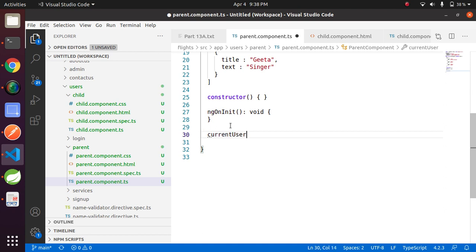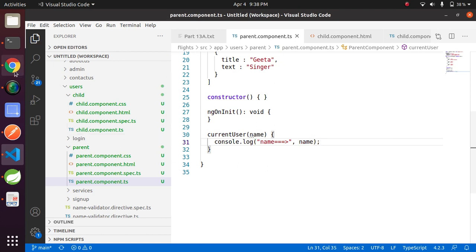We will get the name and just console it. Whatever your project requirement is, you can perform operations after getting the message. Here I am just going to console the data that we get on the click of the button.